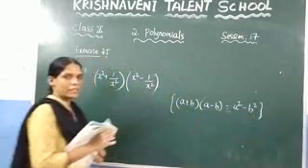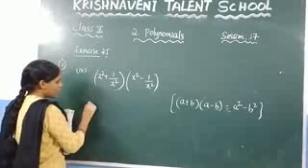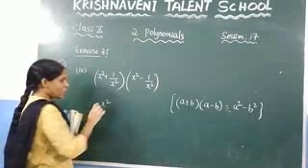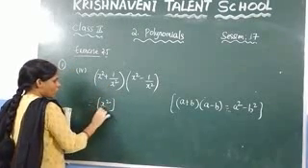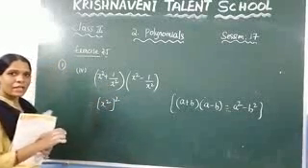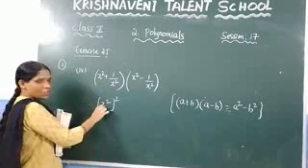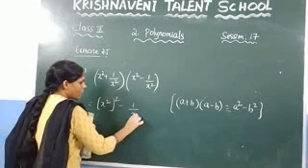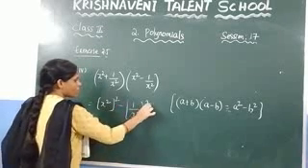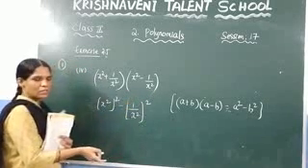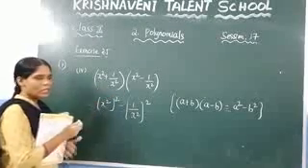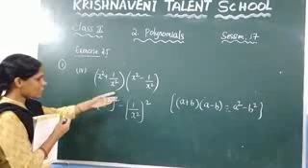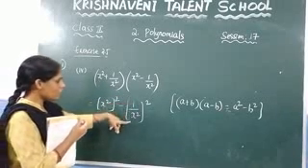So what do you get here? A plus b into a minus b. You can write this one as a square minus b square. Here what is in place of a? X square. For this x square, you need to keep one more square because it is a square. What is the value of a here? X square whole square minus, what is the value of b here? 1 by x square, so whole square. This is the value of a and this is the value of b. So it is in the form of a plus b into a minus b. A square is nothing but x square whole square minus b square is nothing but 1 by x square whole square.